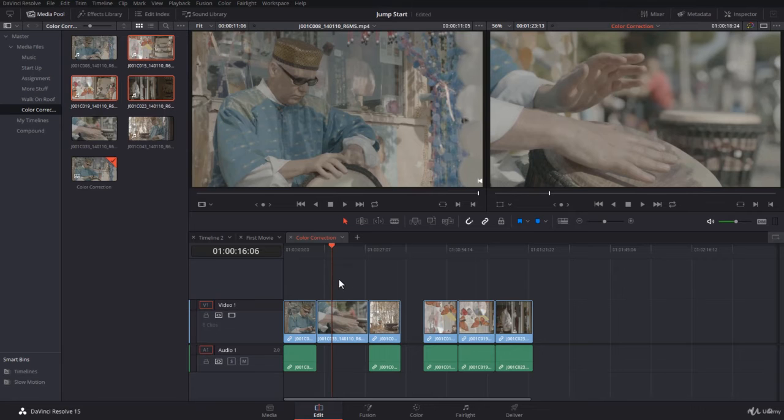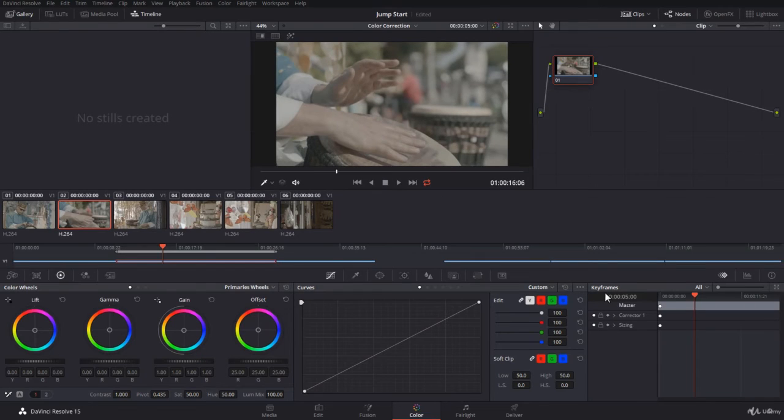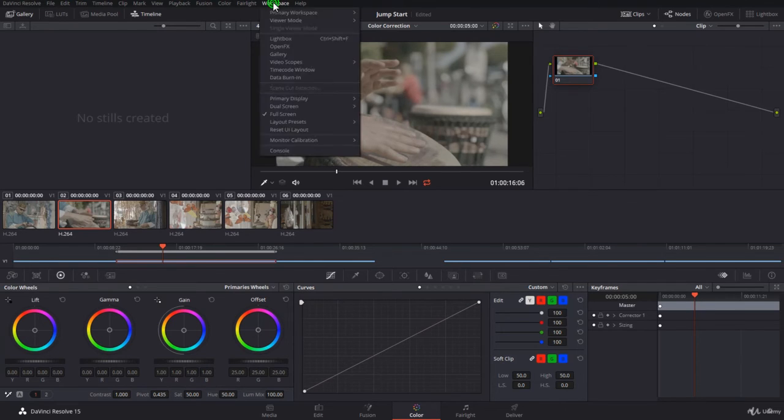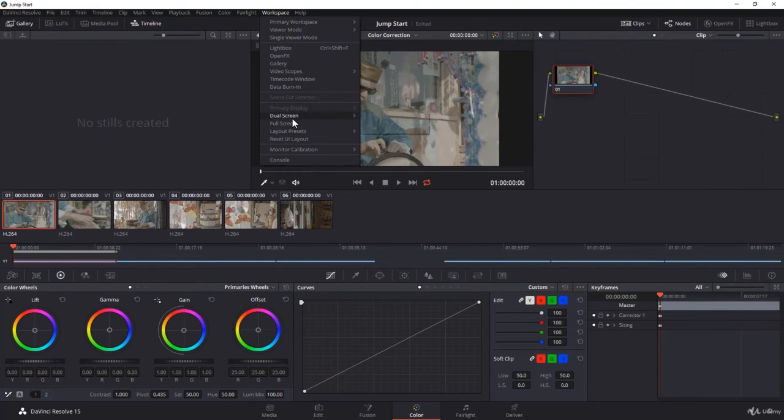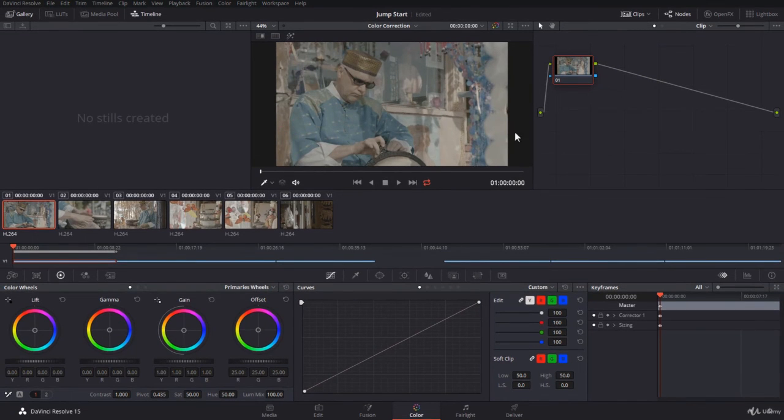Now that we have set our timeline, I would like you to click on your color page, and this is the default color page. If yours is not looking like this, come to workspace and you can reset the UI, okay, and then go back and select full screen. Here you are. So we're on,